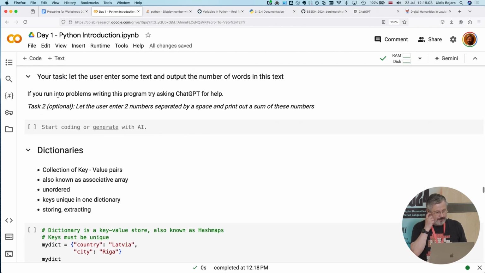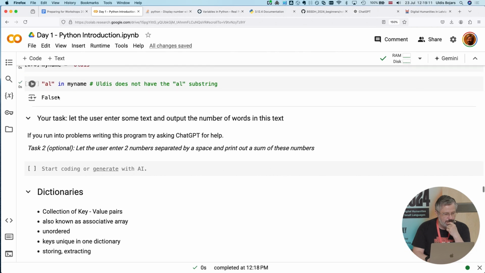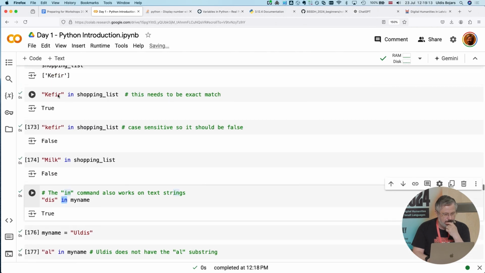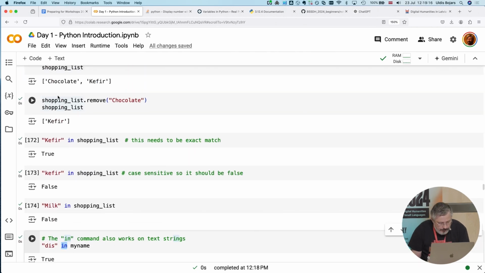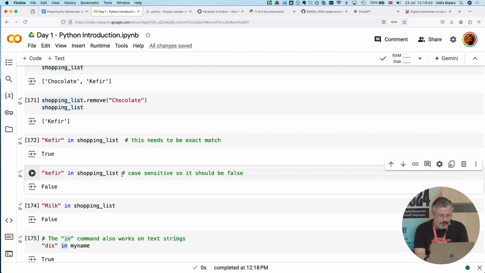Okay. But if we would like kefir with a capital letter and lowercase letter to be found, what should we do? If we want to find kefir regardless of capital or lowercase letters, that's a valid use case. We might want to find words regardless of their case. In that case, we should do a little more work. We should then convert all the